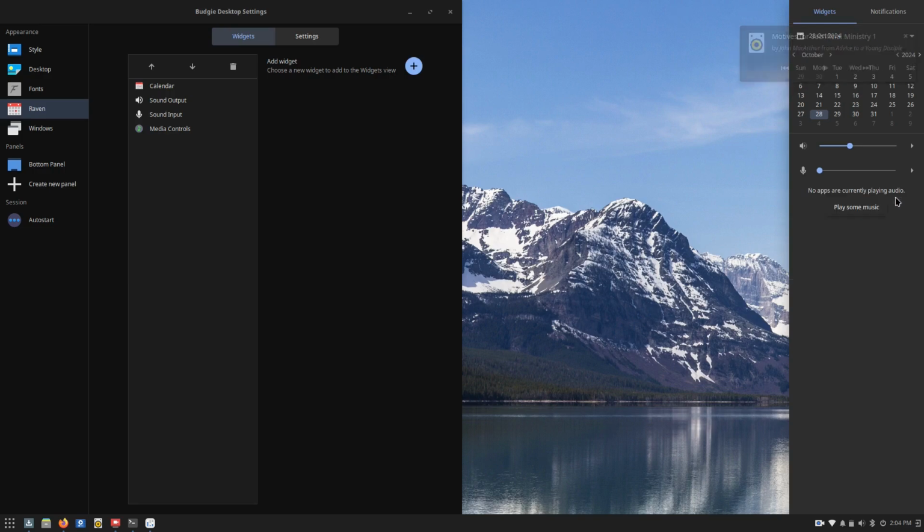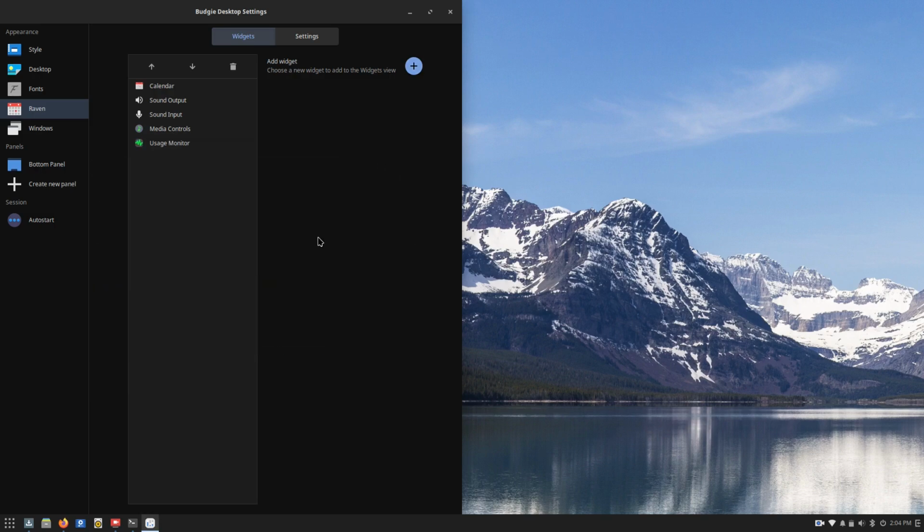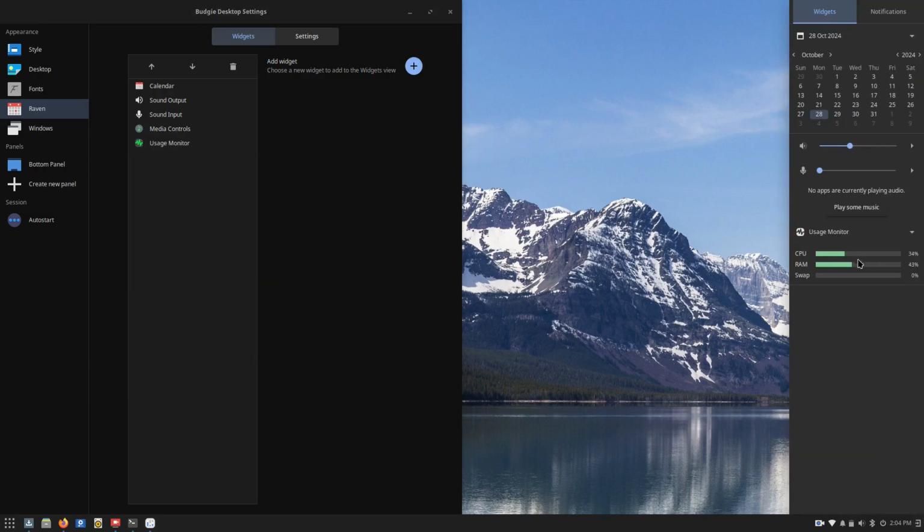We can stop it. We can stop Rhythm Box altogether. And so that's actually a neat feature that we have. Now, there are other widgets you can add. So there's media, sound. You can do a usage monitor. So if we add a usage monitor to it, now we'll actually see where is our RAM, where's our CPU, where's our swap. So we have that